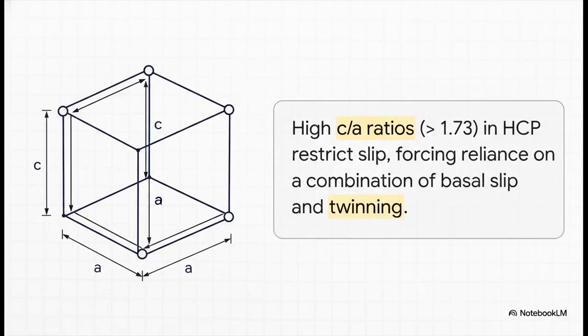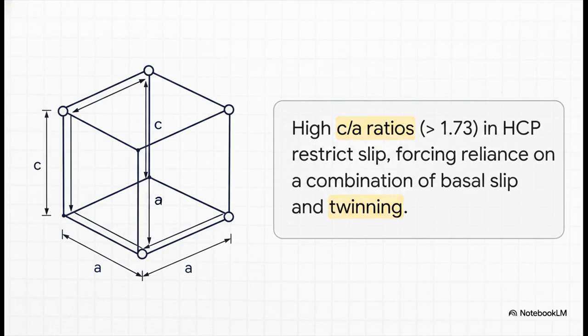But hey, it's not just about the outside environment. The internal architecture plays a massive role too. Fundamental unit cell dimensions absolutely dictate a material's mechanical response. In hexagonal close-packed structures, the probability of twinning is directly tied to the C/A ratio. If that ratio is particularly high, specifically anything greater than 1.73, the physical dimensions inherently restrict certain primary slip systems. The material is essentially mathematically forced to rely on a combination of basal slip and twinning just to accommodate the